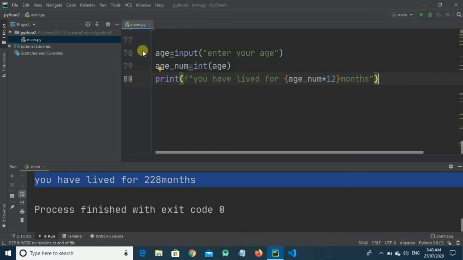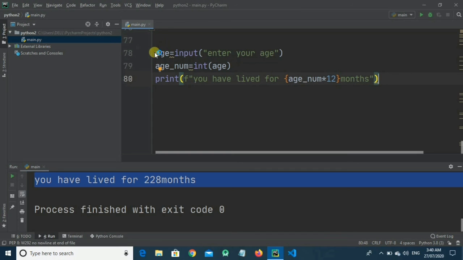So what we did here was we took the age variable and converted it into an integer. So now we have the age variable as an integer in age_num. So we multiplied age_num into 12 and we got the desired result.